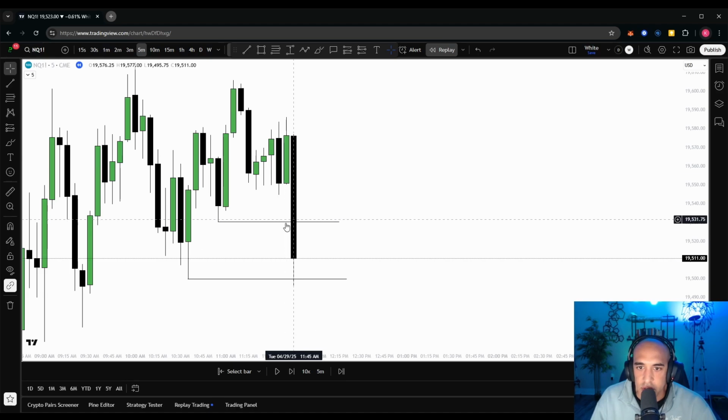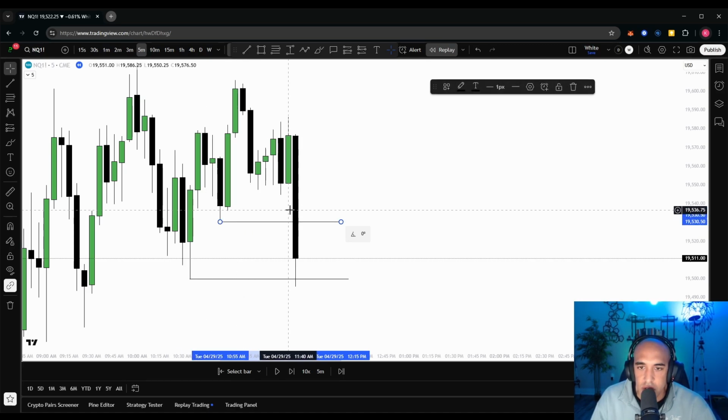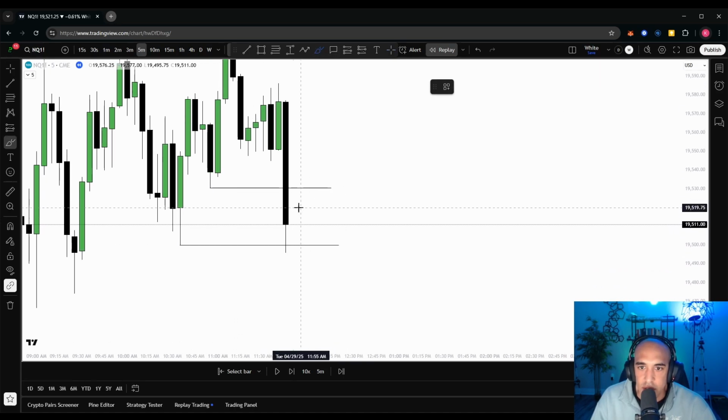By this big red candle, they're going to see these lows get taken out, and they're going to be like, oh shit, this thing's getting ready to dump, right? We just broke this low, right? That's the typical conventional wisdom, right? We broke this low. Look at this big body candle. We've got to keep going down, right?